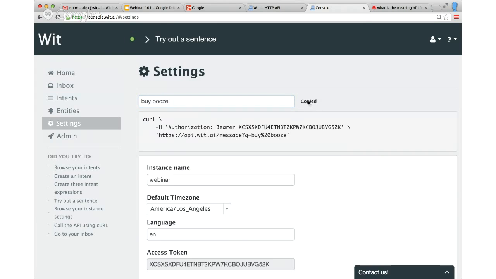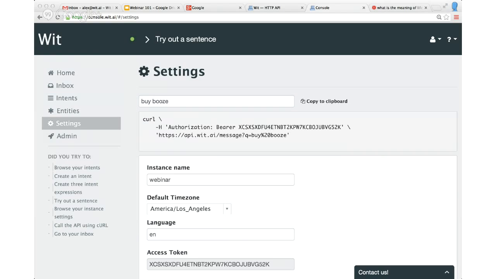So let's try that. Copy it in my bash. And so you see the answer, Wit's answer, is the outcome intent is shop, okay? And it extracted one entity called shopping item. It's what we just created.